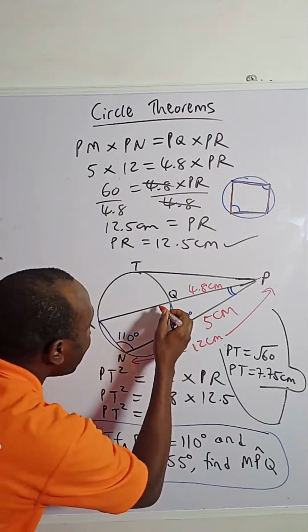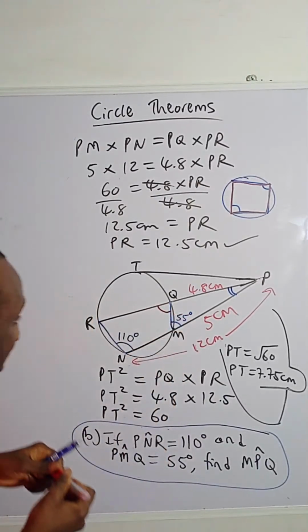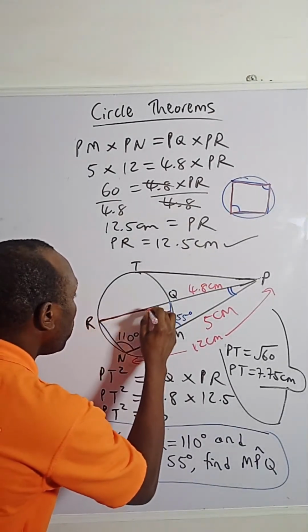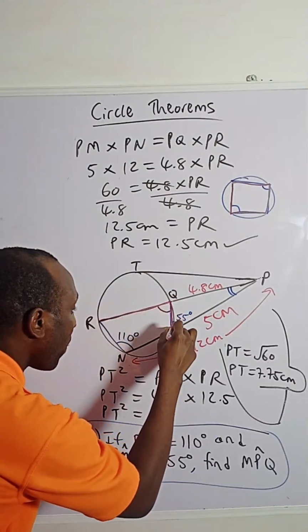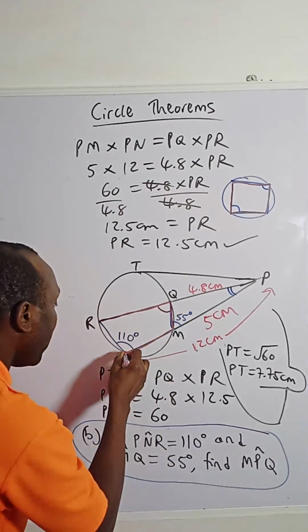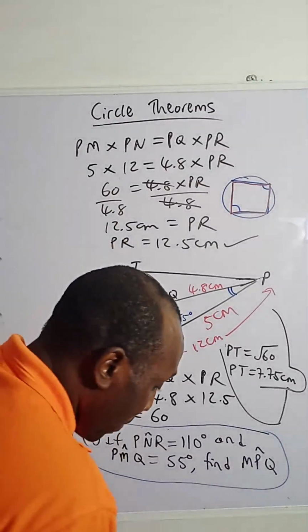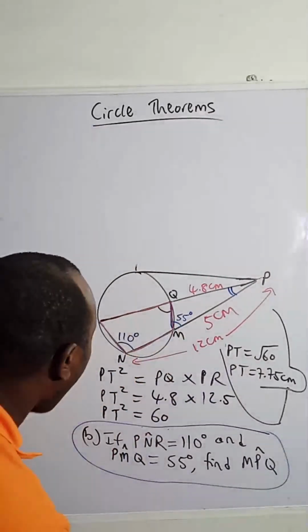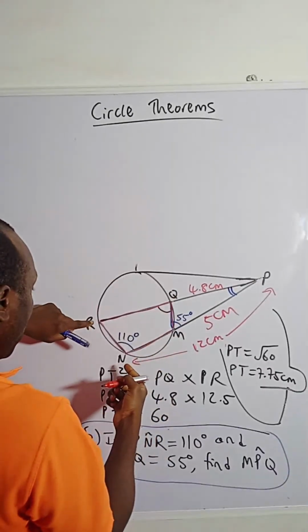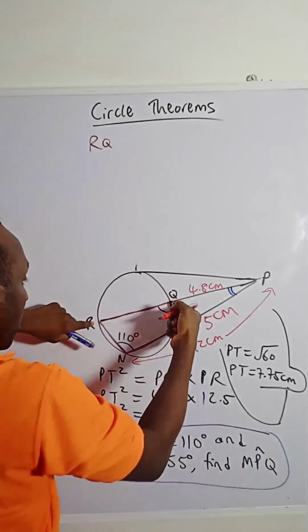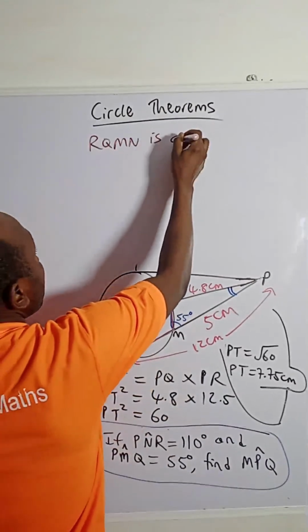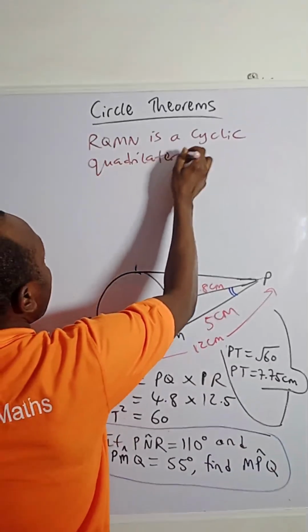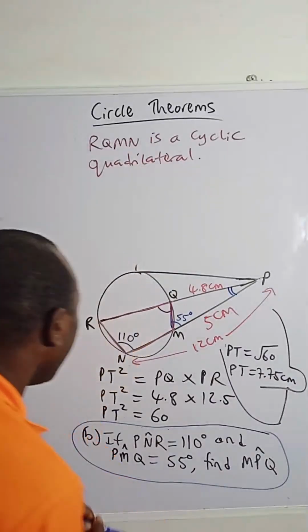See, I don't want to bore you again with this. I can get this angle. Or before I even say that, let me tell you that there is a cyclic quadrilateral here. I will highlight it from R to Q, from Q to M, from M to N, and back to R. Permit me to clean this up so I will explain it better. Just a few minutes and we will be done. So I'm going to say that RQMN is a cyclic quadrilateral. And it means that